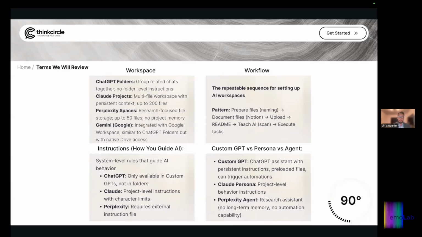If you have a lot of rules, then you'll have to add a README. Now, I don't want to get too far into it because I don't want to go too technical. It is a little bit of a technical talk, but I want to keep a narrow focus. But I do have to quickly talk about the difference between a custom GPT versus a persona versus an